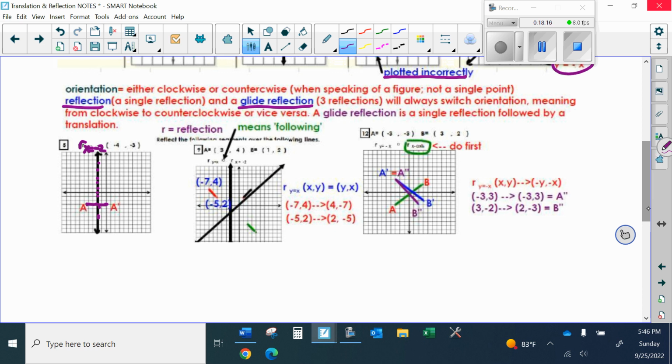If I have a little dot circle in the middle, that means following. So that means you go right to left. That's called function notation. So I have to do the one on the right first and the one on the left second. It says reflect over line y equals x following reflection over line x equals negative 2. So I'd first reflect over line x equals negative 2. There's my pre-image. I reflect over x equals negative 2. It gives me that right there. Then over the line,